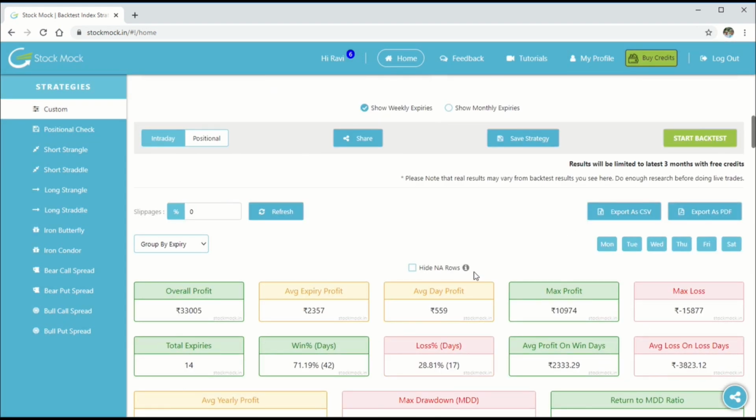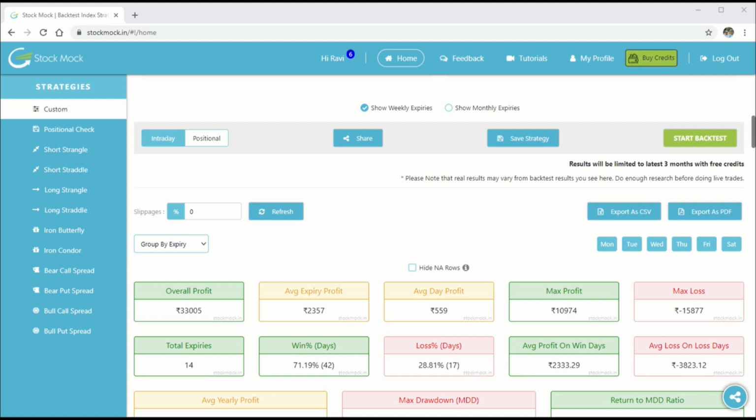So before going into interpreting the results, there are a few things that we have to have in mind about the results that are provided by StockMark, right? The first thing is we need to eliminate some discrepancies. I would rather say the so-called discrepancies, because at the moment when you see it, you might see it as a discrepancy, but when you understand the underlying logic behind it, it's not a discrepancy. So let's first deal with eliminating the so-called discrepancies.